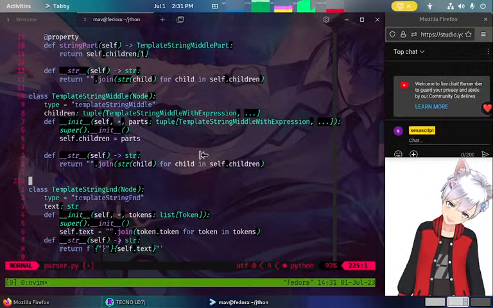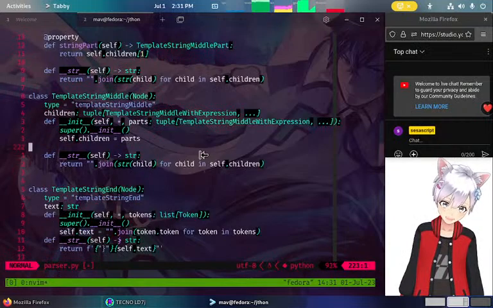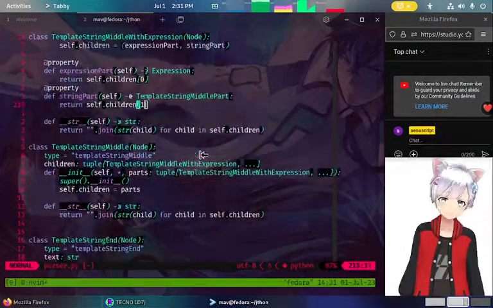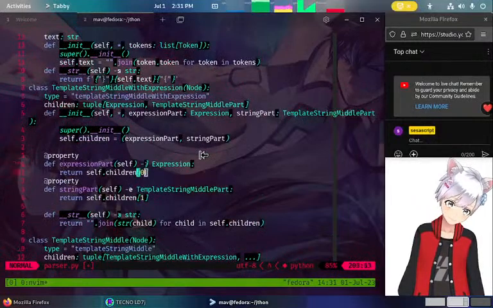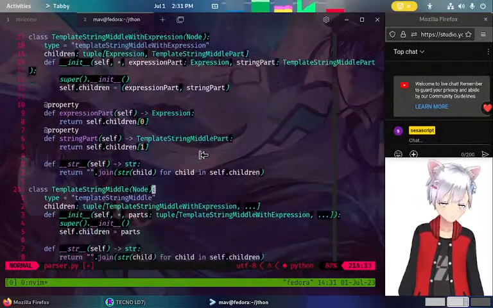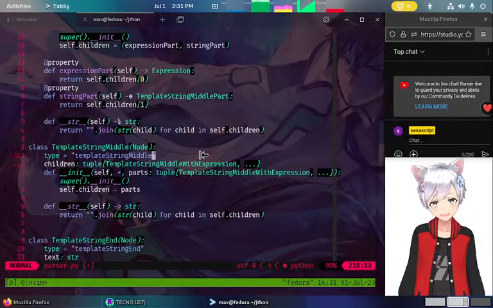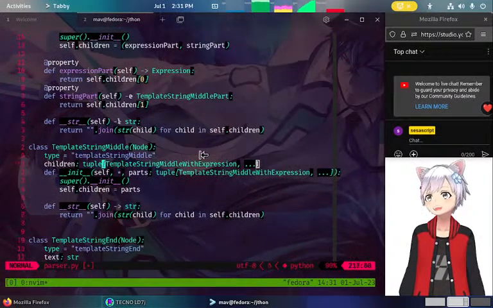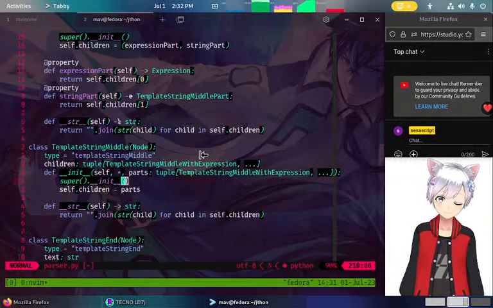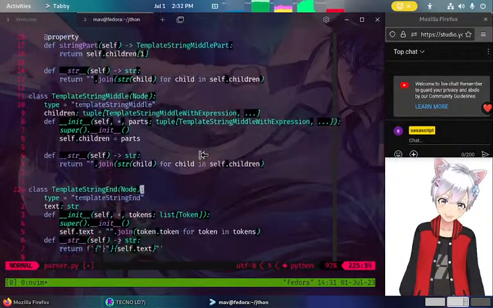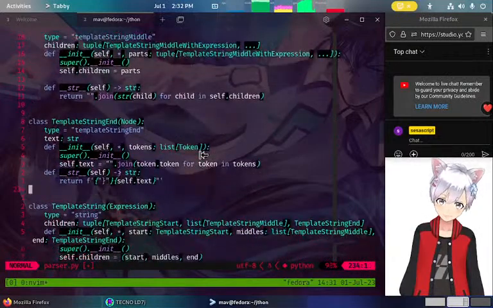So string end, and the string end also needs the expression before it, right? Like all of them have the expression before it. If I do not add an expression here somehow, but I cannot do that like this. So what should I do then? I should add that here, right? So